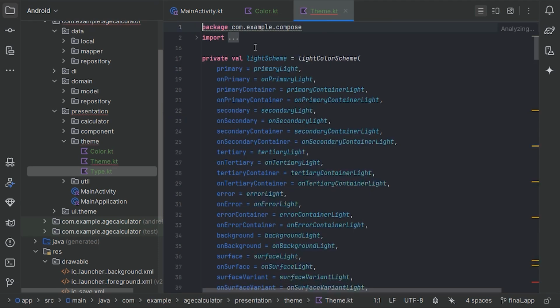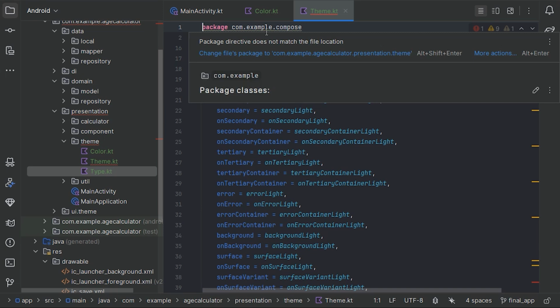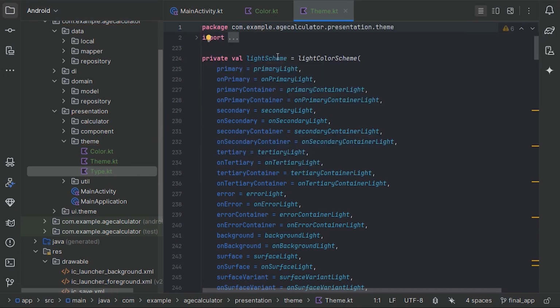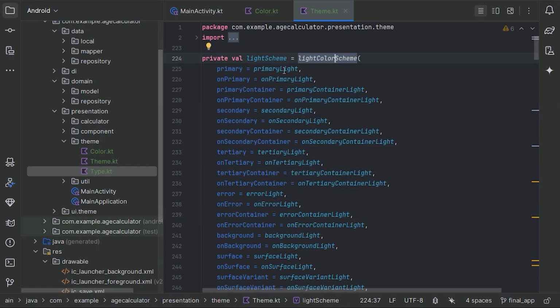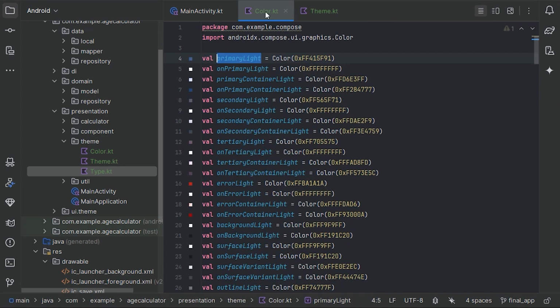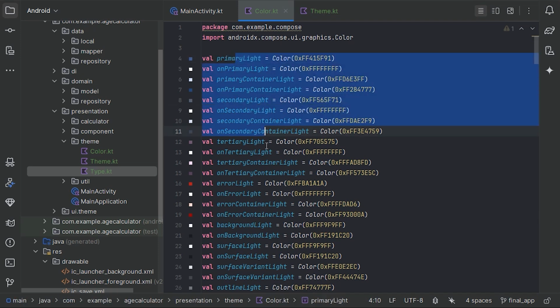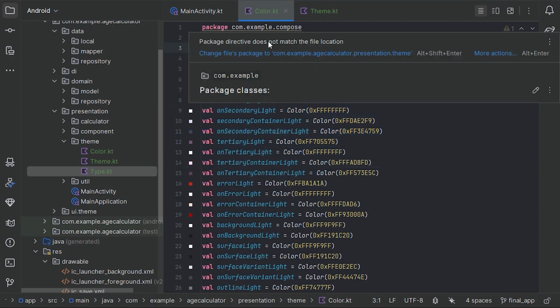And we have this theme file. And first update this package. And here first thing we have this light scheme. So these are the colors that will be applied on the light theme. So here we are just giving the reference of these colors. If you press Ctrl B, here we have the colors file. And here we are specifying all the colors. So first thing, let's update the package